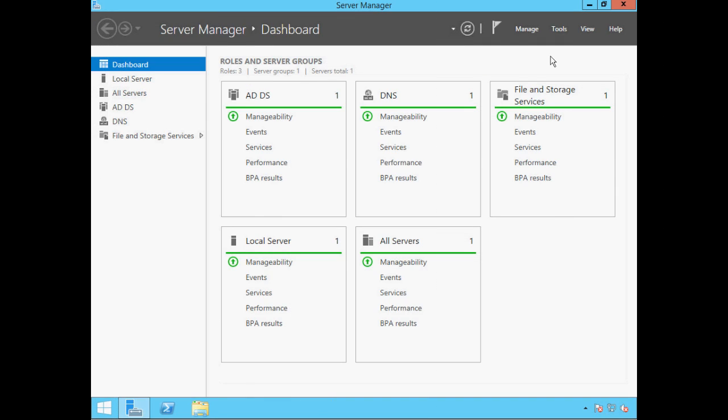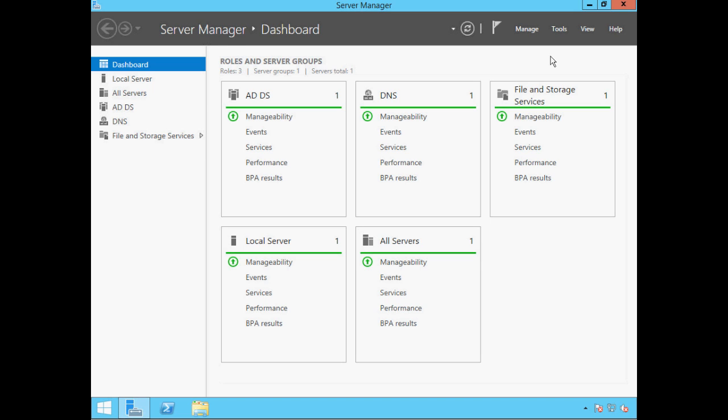Password and account policy configuration settings can be found in Group Policy. Password and account policies need to be configured within a Group Policy object, a GPO, with the highest precedence, which is the default domain policy. If you're not too familiar with Group Policy, then why not take a look at the Configuring Group Policy tutorial videos on the IT Taster channel.